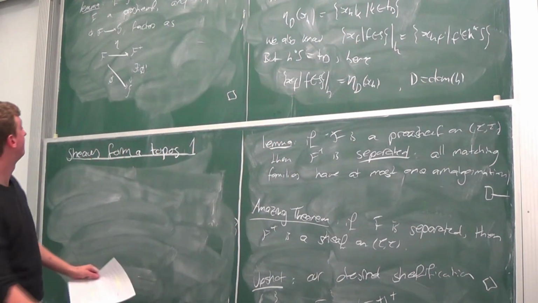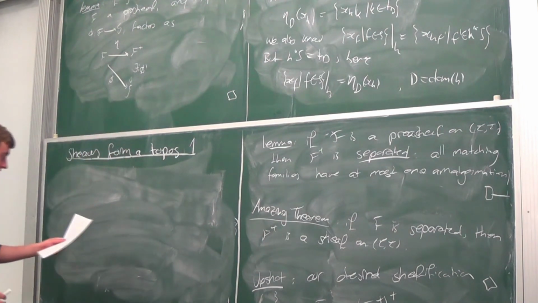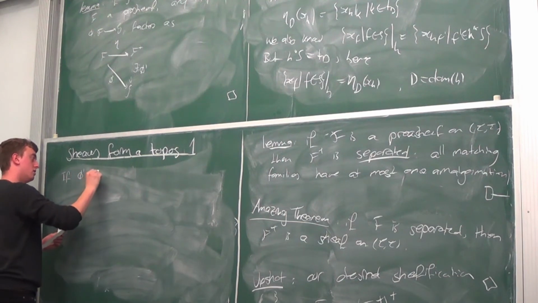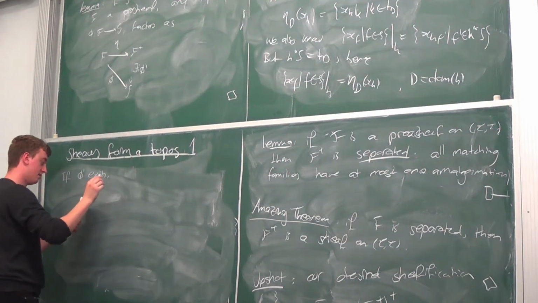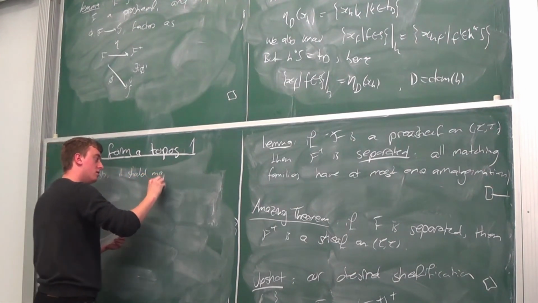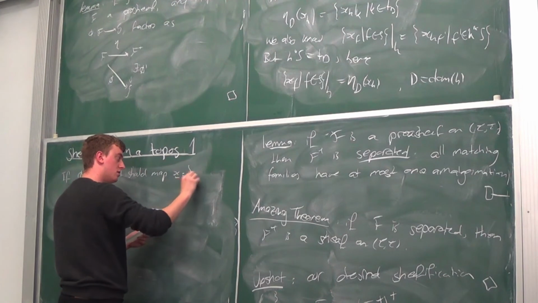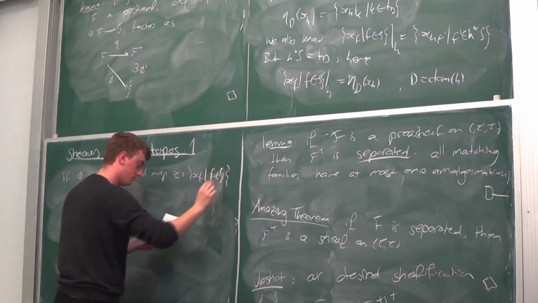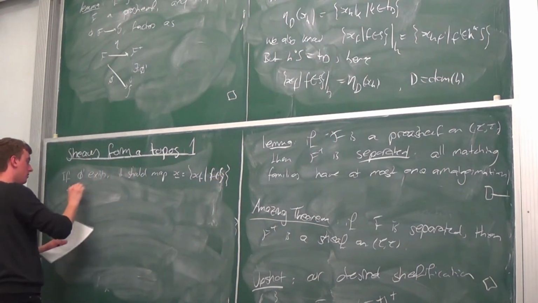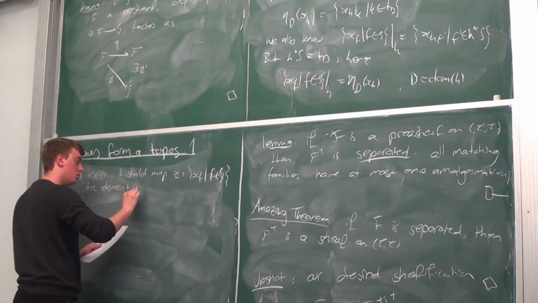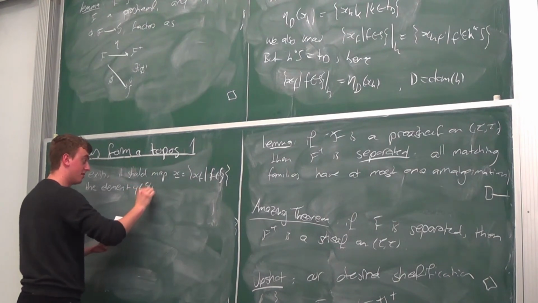So if we want this phi prime to exist, it had better map this matching family to the element y in G and C